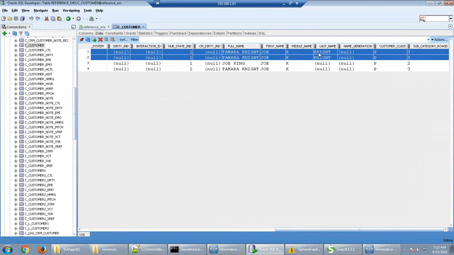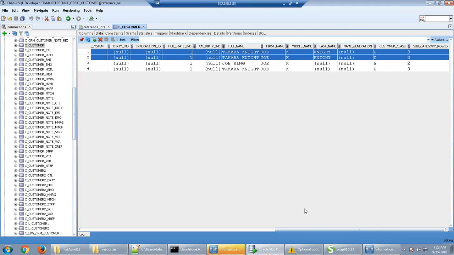For these records, we see the first name and the last name are having values. It has not matched the other records, which have a null last name. That's a normal matching which it has done, because as we discussed, if we have selected 2 columns, first name and last name, both of them should match. Then only it will be considered as a match.